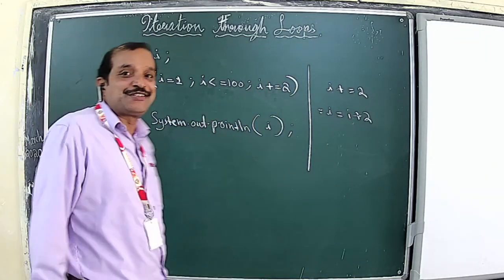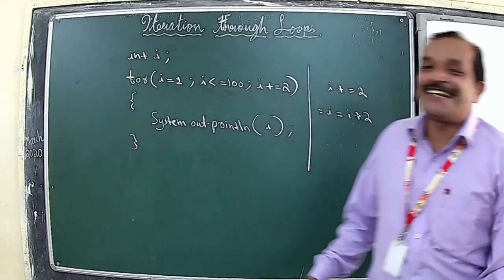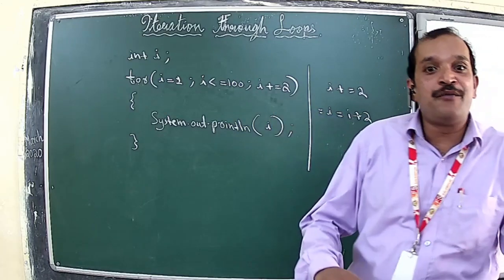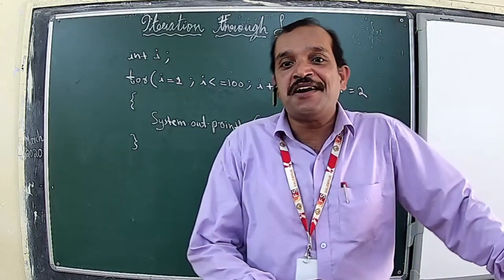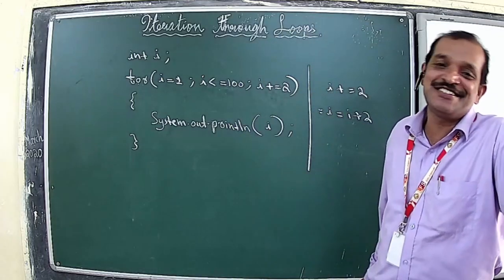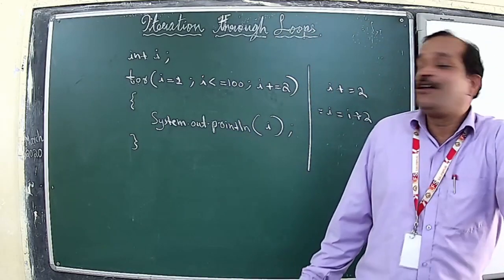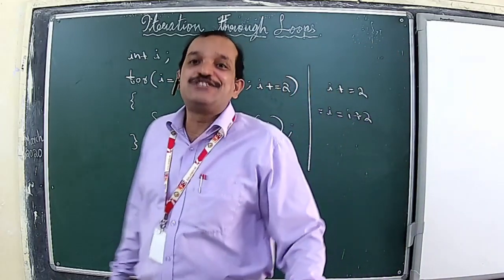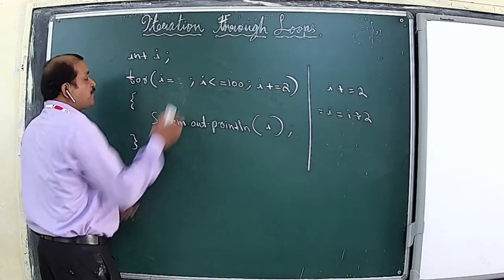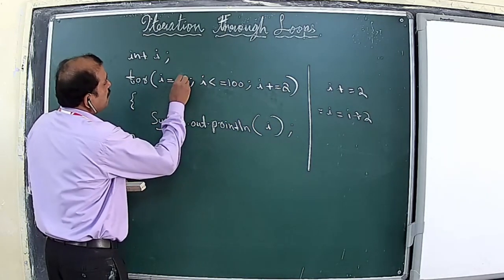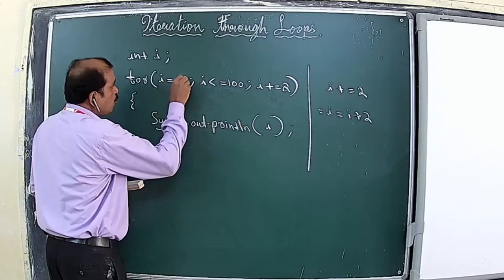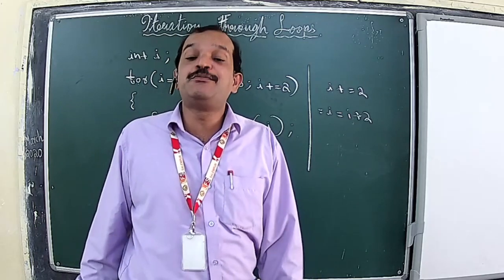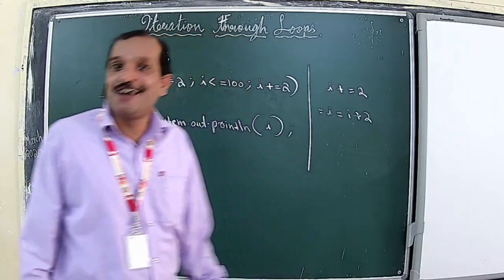And now we proceed to the third homework. Since you have already learned this technique of incrementing by 2, your third homework, that is printing the even numbers between 1 and 100, needs only one change, in the initialization expression. Instead of initializing the value of this loop control variable to 1, you can initialize it to 2, let us begin with 2. Now it will print all the even numbers between 1 and 100.